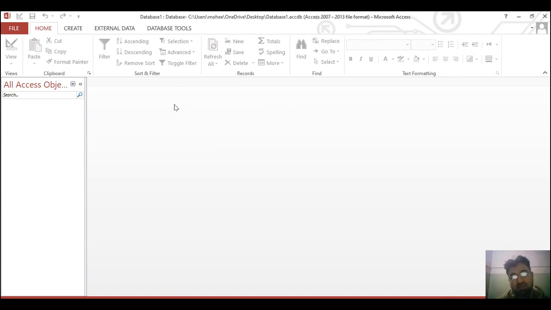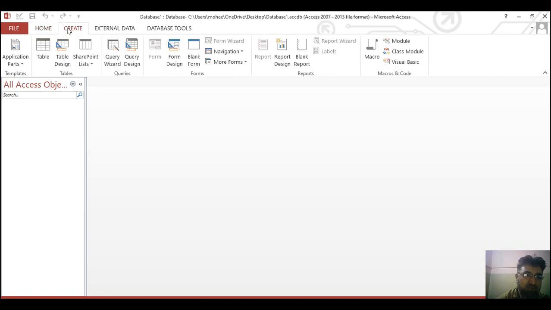So before Access 2010, and maybe 2007, this warning sign appeared every time in the database unless we moved our file to some safe, declared zone. So in 2013 we have this advantage that once we declare the file is safe, the database is secure and trusted, then it does not give the security warning again.